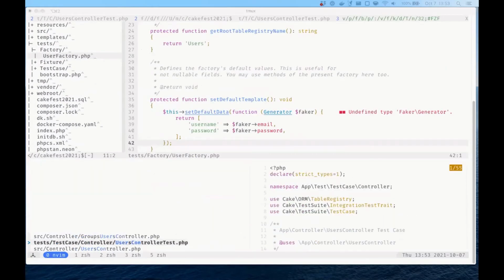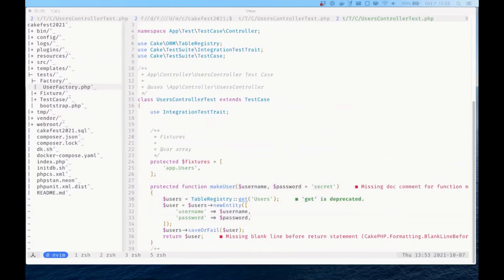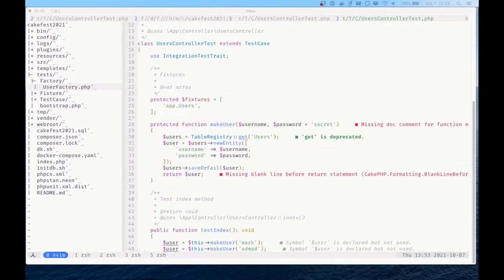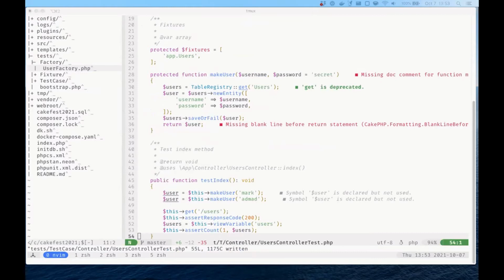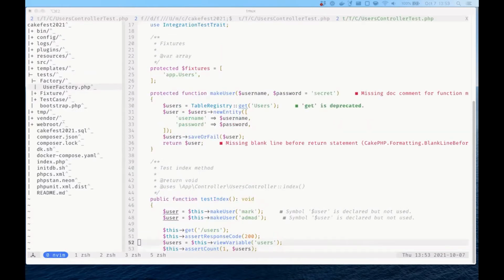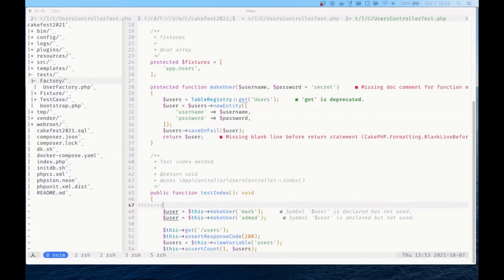Okay, so then you want to talk about validation for models. The way I would approach model validation, if you have really complex validation rules, is, oh, sorry, we didn't actually use the fixture factory to make our fixture. Jumping ahead. Okay, so instead of this make user, we're going to call